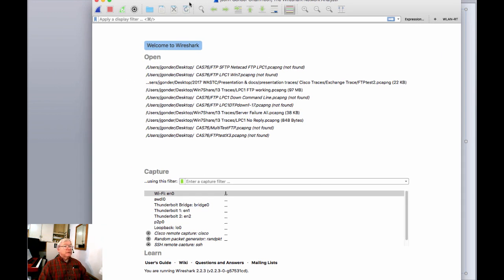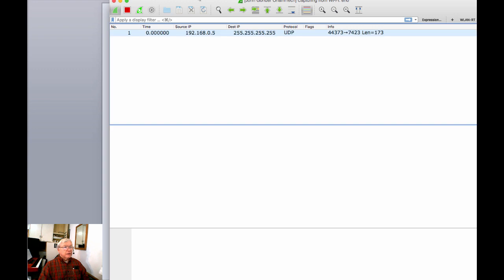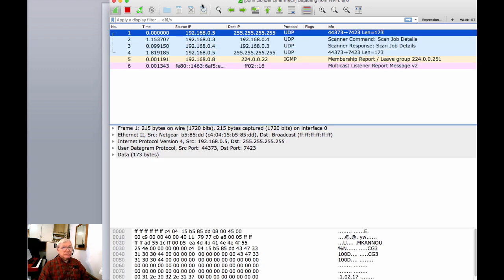So here's the basic Wireshark 2.0 interface. And I can see by the trace line here that I'm seeing traffic already on my network interface, and I'm going to start capturing some of that traffic.